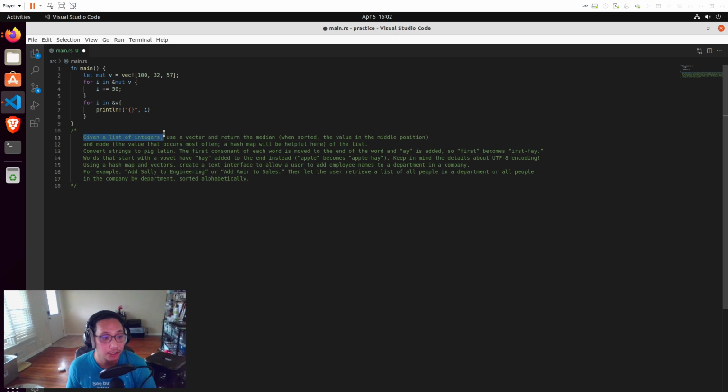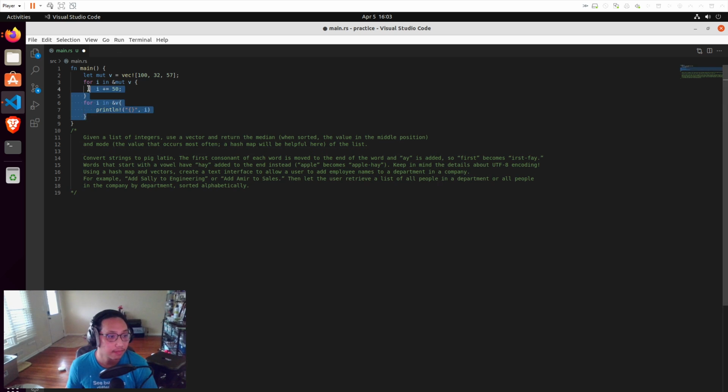Given a list of integers, use a vector and return the median, when sorted, the value in the middle position, and mode, the value that occurs most often. A hash map will be helpful here. Okay, so that's kind of one thing. So I guess, oh, here's a vect right here. Here's the vect. So we'll do